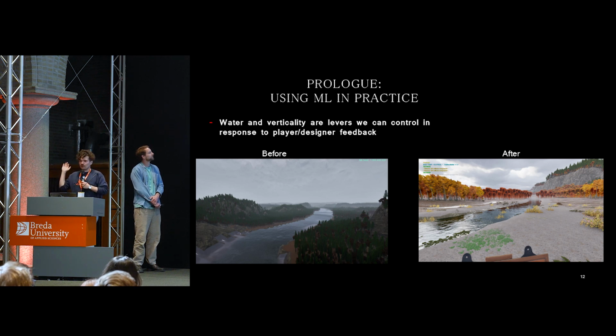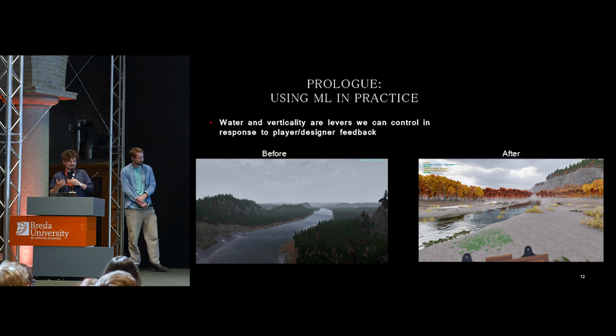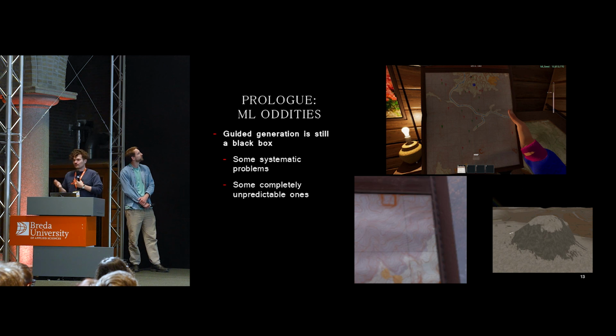So we found that we could, instead of having to go all the way back to the drawing board, remake the data, et cetera, because we had this as a lever, we could iterate, make the river smaller, and it became a sort of gameplay feature of, you know, players need to find the smaller parts of the river to cross, because crossing the river is a pain.